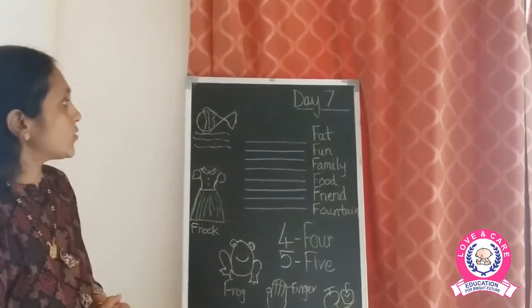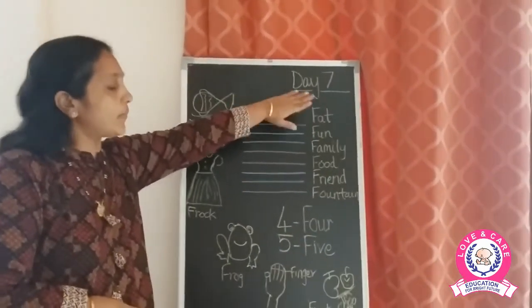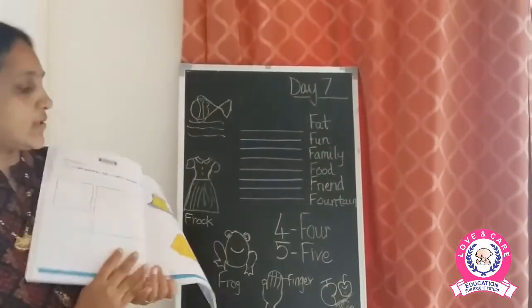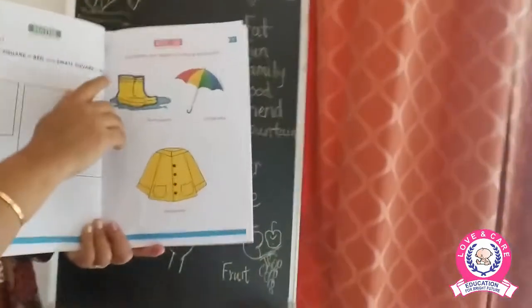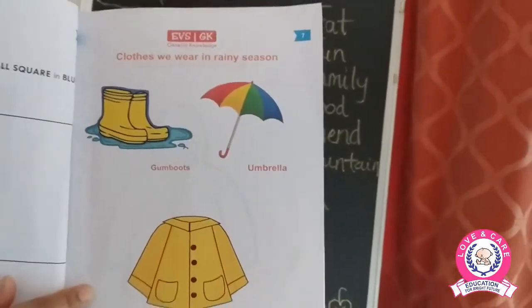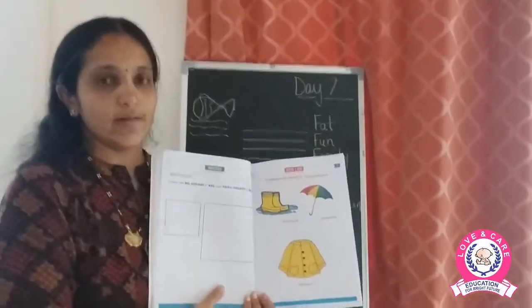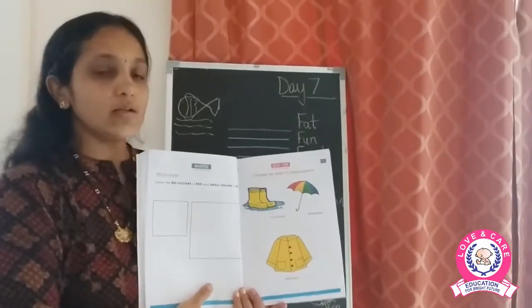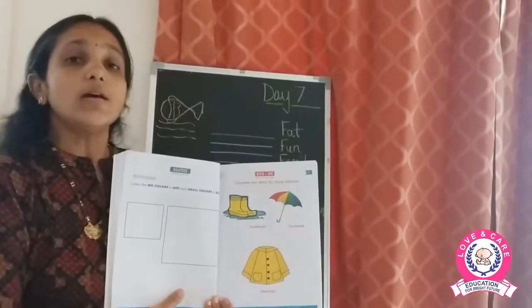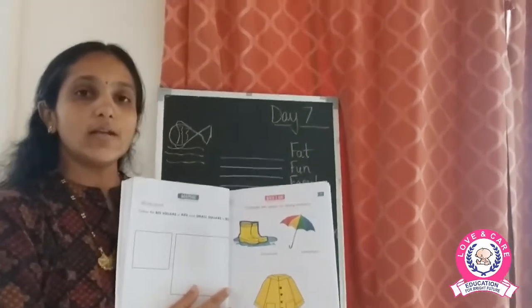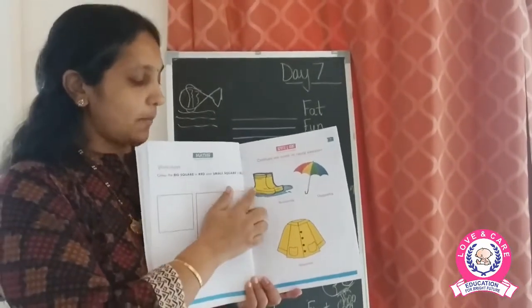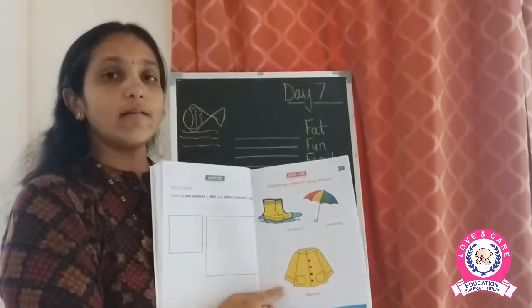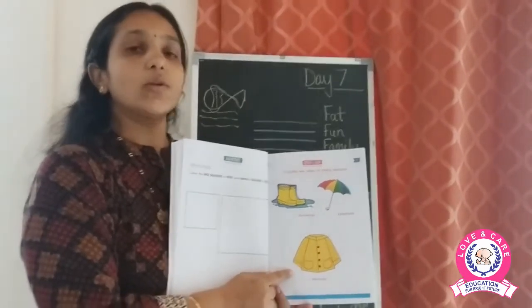Okay children, so today we are going to do day 7 of our month book 2. When you come here on day 7, what can we see? We have an EVS worksheet and we see the clothes we wear in the rainy season. In this month we are going to learn about the rainy season. So what do we wear in a rainy season? We wear gumboots, we carry an umbrella and we wear a raincoat so that we don't get wet when we